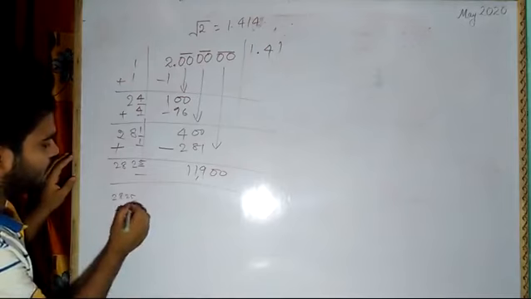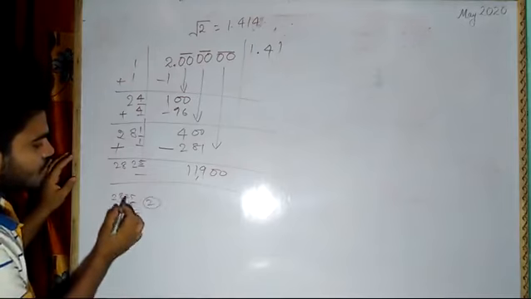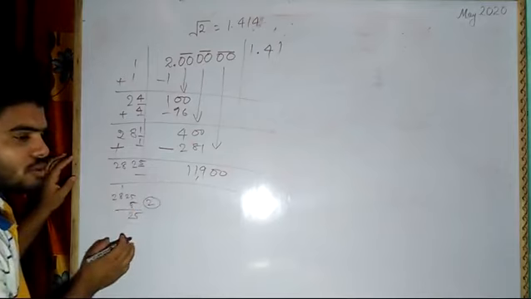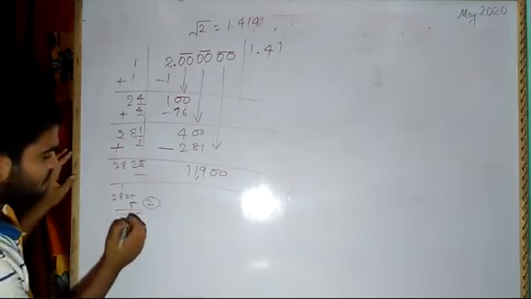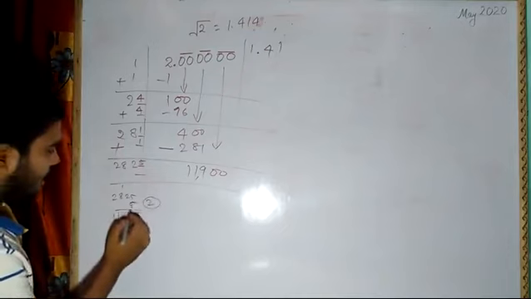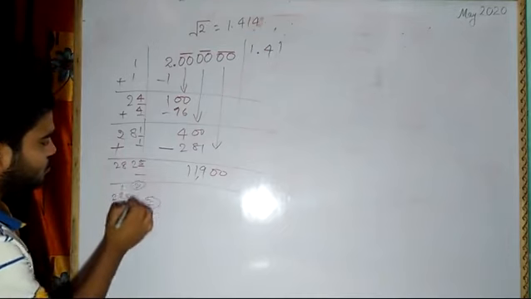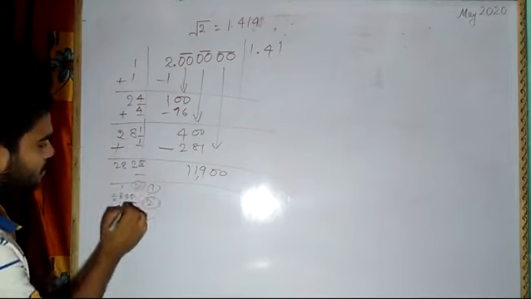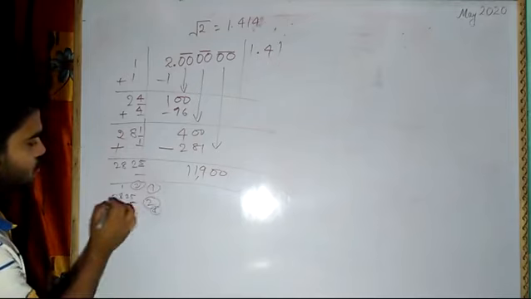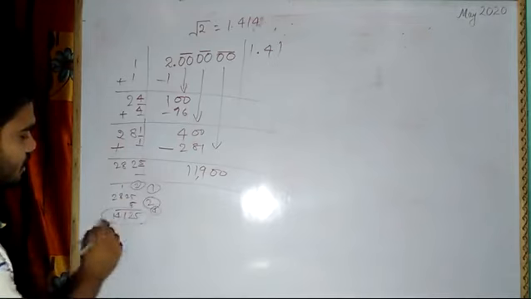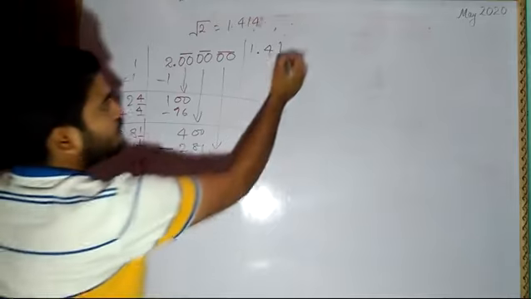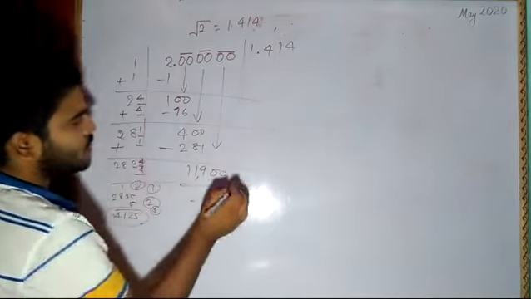2825 multiplied with 5. 5 5s are 25, carry 2. 5 2s are 10 plus 2, 12, carry 1. 8 5s are 40, plus 1, 41, plus 4 carry. 5 2s are 10 plus 4, 14. So this is more than this number. So obviously here the number will go by 4. So you have to write 4, then you write certain values you have to find out.